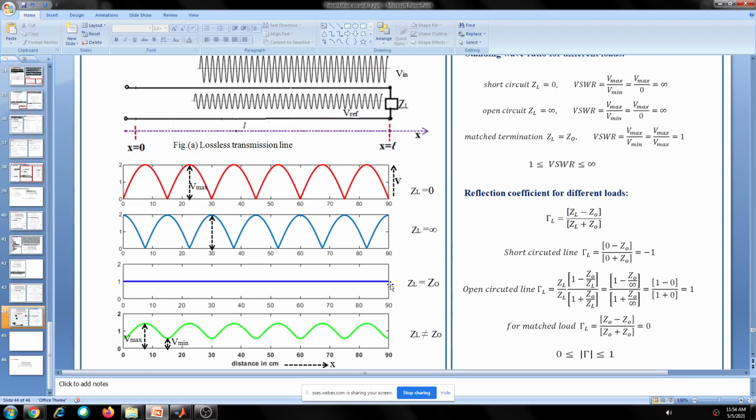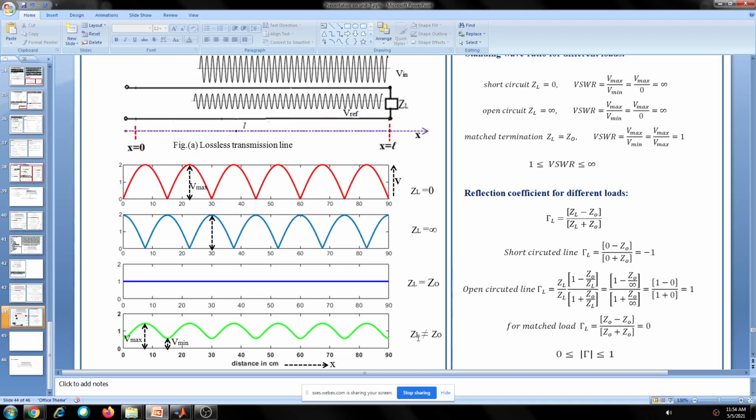And you can see now, if you connect a load, ZL equal to Z0, there is no variation. This blue color one: voltage remains constant. Measure the voltage at any point, it is the same, constant. It doesn't vary at all. There is no minima or maxima. V maxima is equal to V minima, like this blue color one. So when Z0 is connected to the load, we will have this. Voltage is constant everywhere. But for ZL infinity and 0, voltage varies between a 0 value and a maximum value.